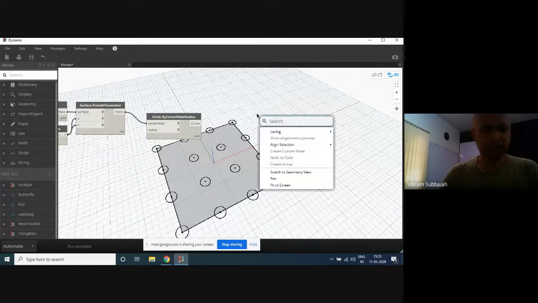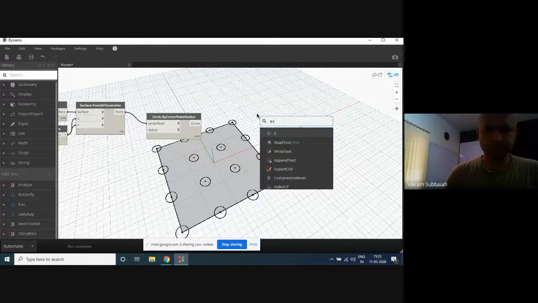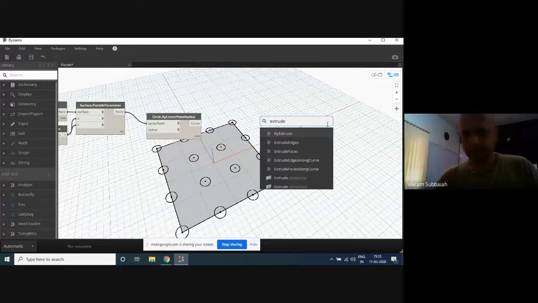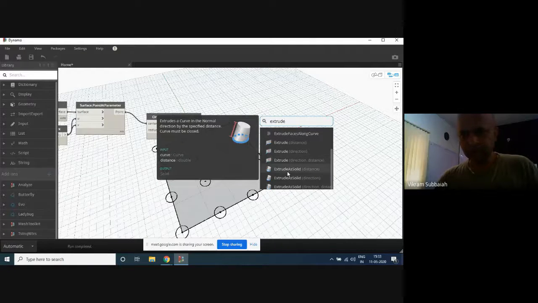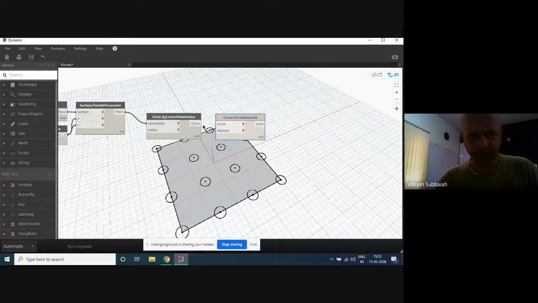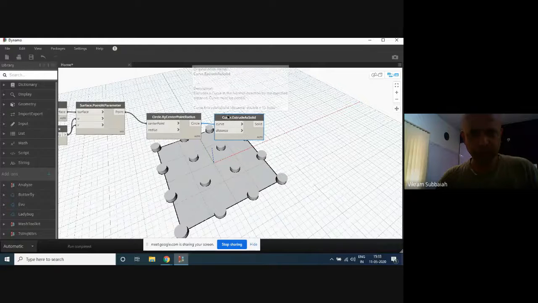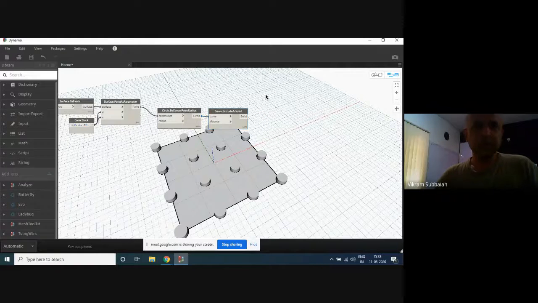Here I'll just extrude as solid, and I'll leave it at whatever it's got. Okay, so it just creates little things like this.